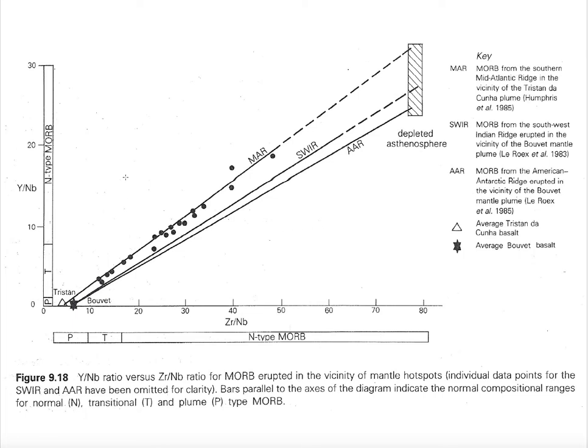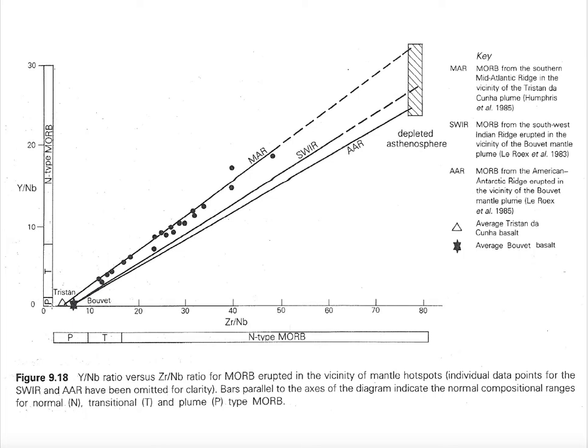Here the P is the plume MORB, the zirconium-niobium ratio in plume MORB, and then T is in the transitional zone. And here we have the yttrium to niobium ratios in the N-type MORB, then in the transitional zone, and here beneath in the P-type MORB,